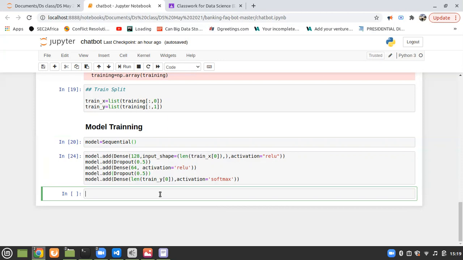We looked at the Adam optimizer. We looked at, how is it called? The SGD. We looked at it. So let's see. We can do a model dot compile,